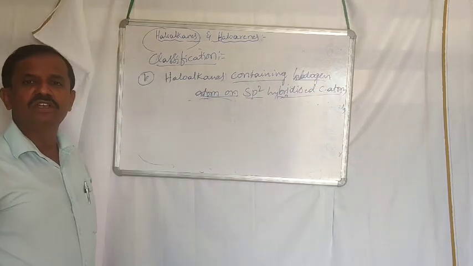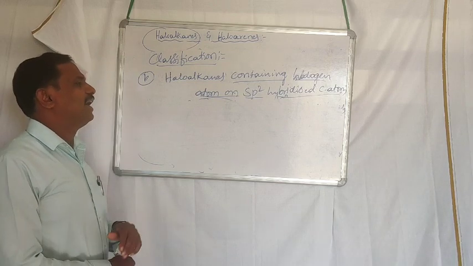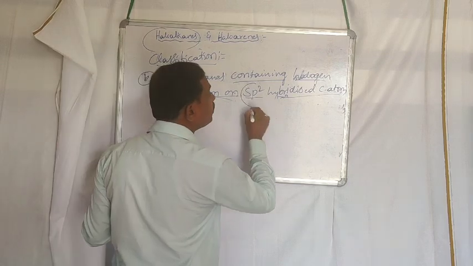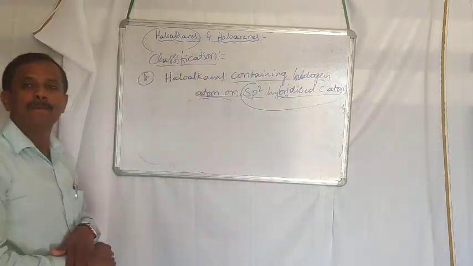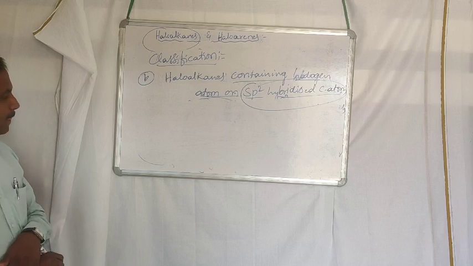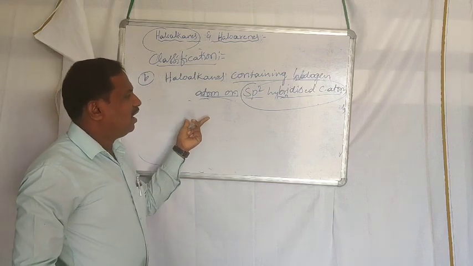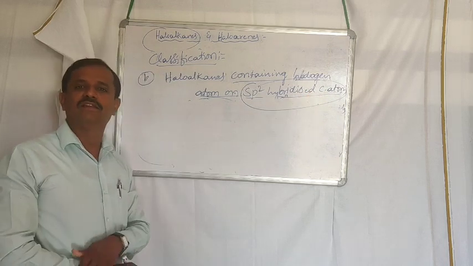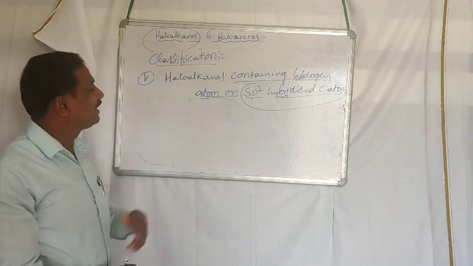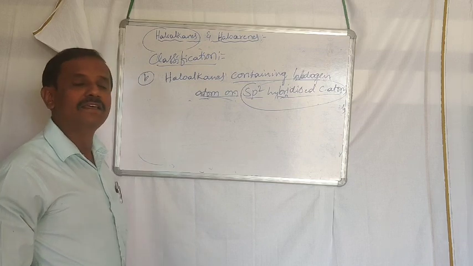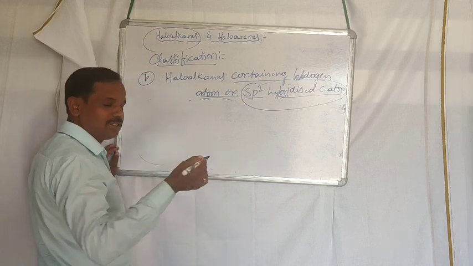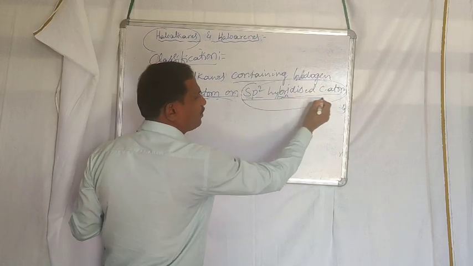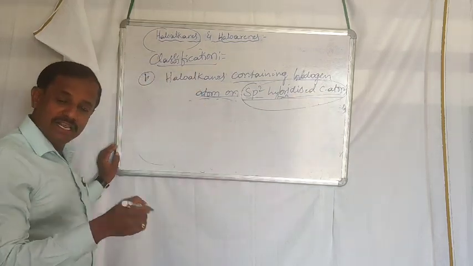These are the compounds in which the halogen atom must be attached to an sp2 hybridized carbon atom of an aliphatic chain or alicyclic ring. Very simple. Example first: the halogen atom on an sp2 hybridized carbon atom attached to